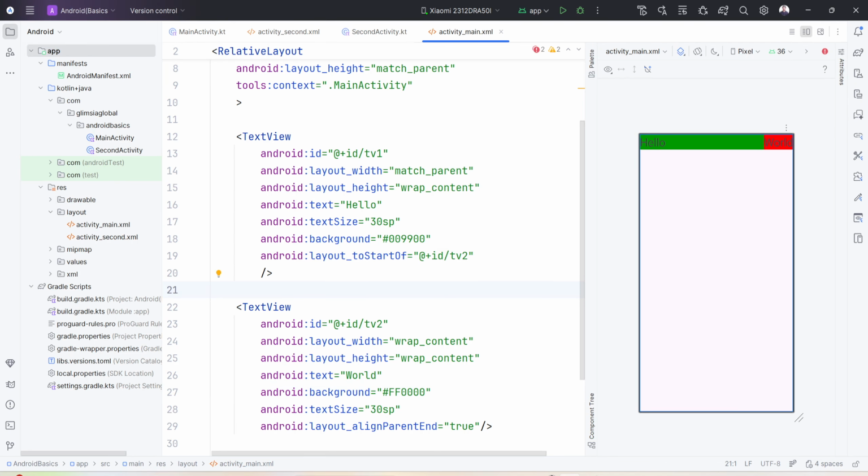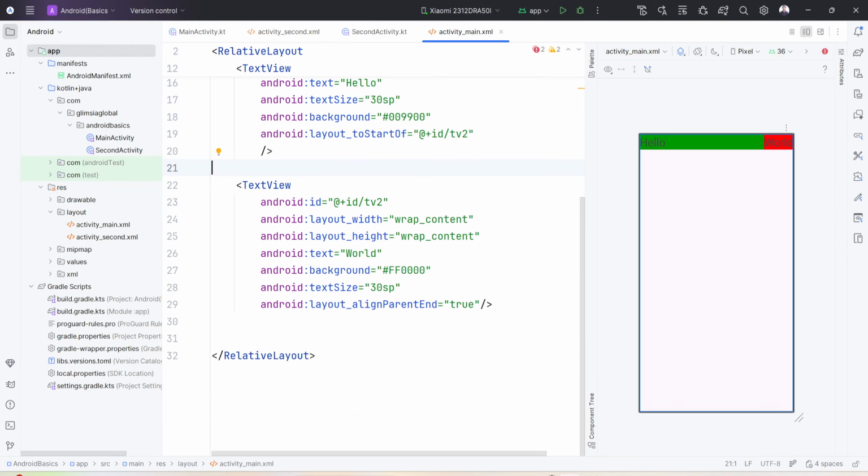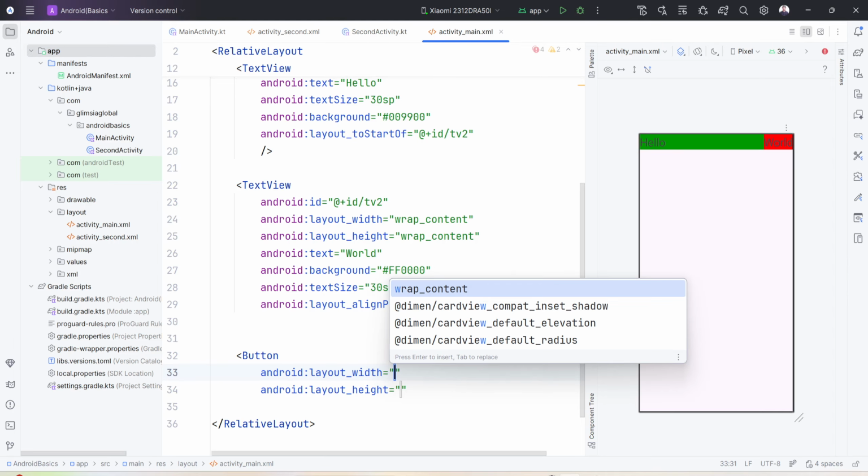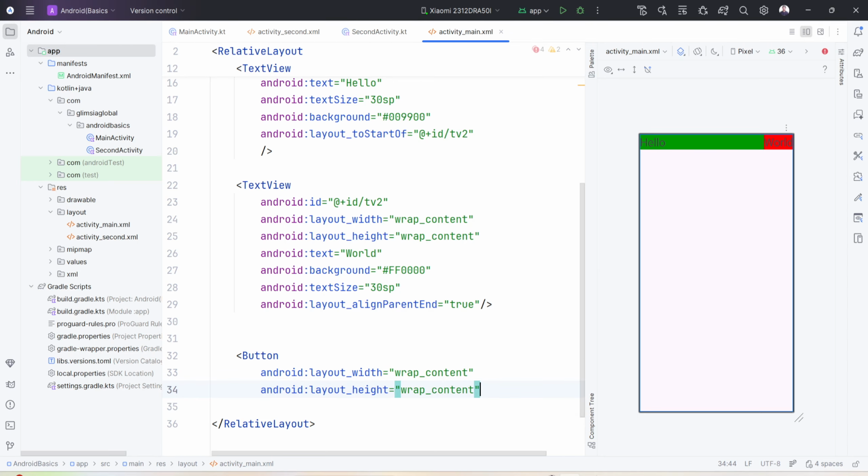Okay, now let's say we want to keep one text view at the center of this screen. Let's say we want to keep one button, not a text view. Let's say it is a button. Okay, let it be wrap content, and I will give some text to this button. Let's say click me. Okay, click me, and if you see, this is the default color coming for this button,